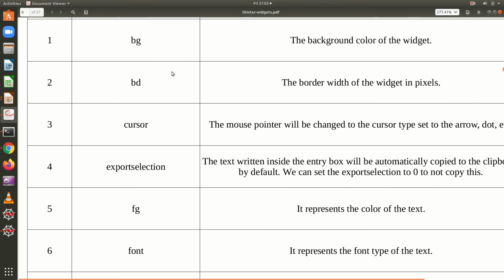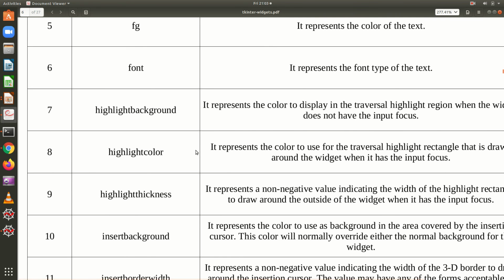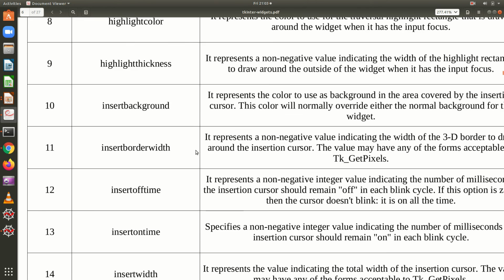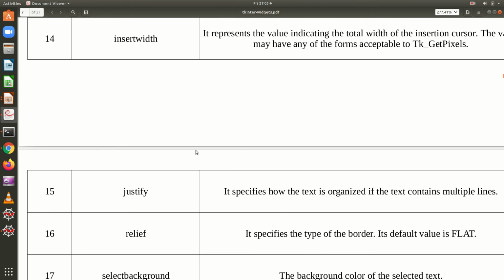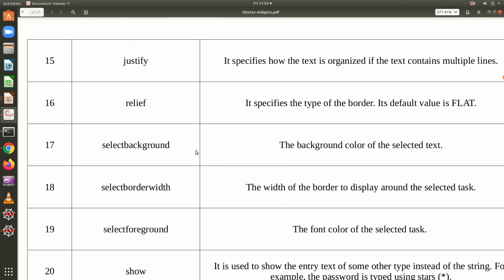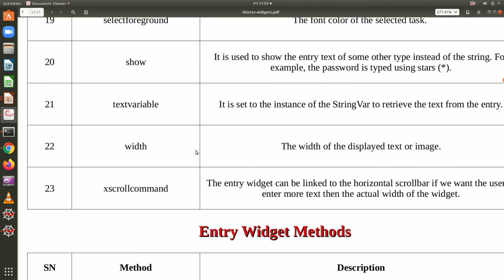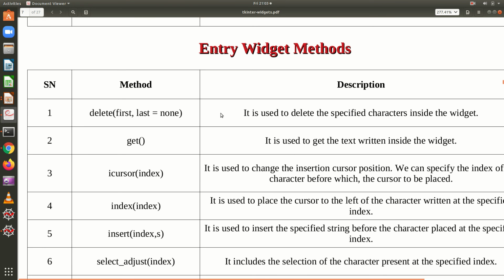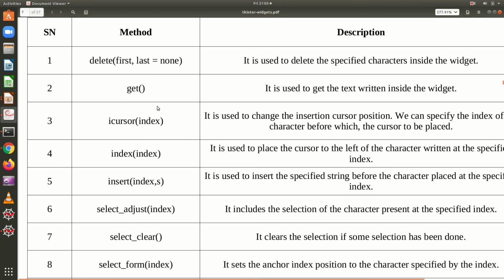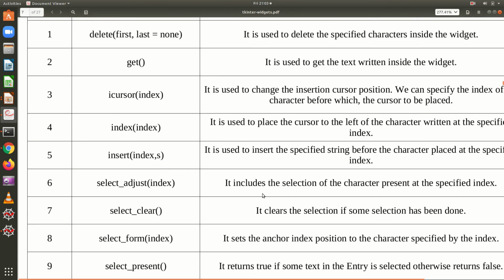As usual, we have the background, border, foreground, font value, then highlight background color, then insert, justify, relief. All these are different options that are available for the entry widget, and these are some of the methods that are available for the entry widget.